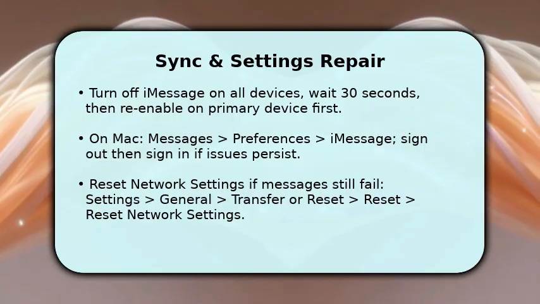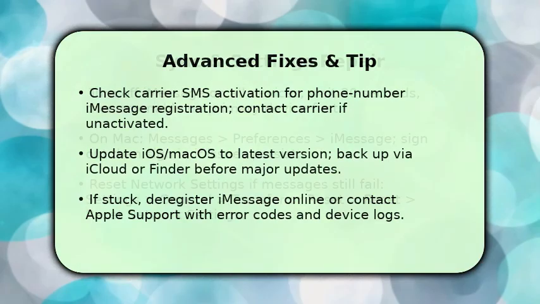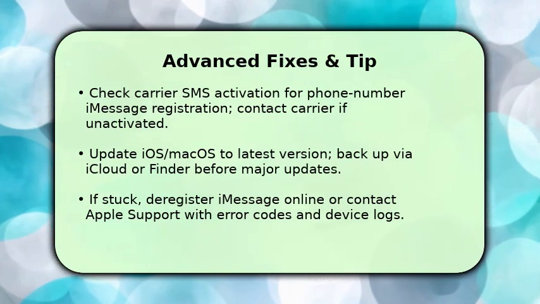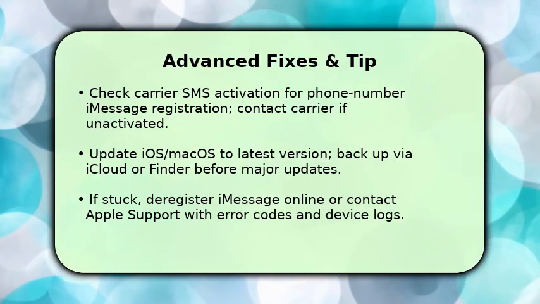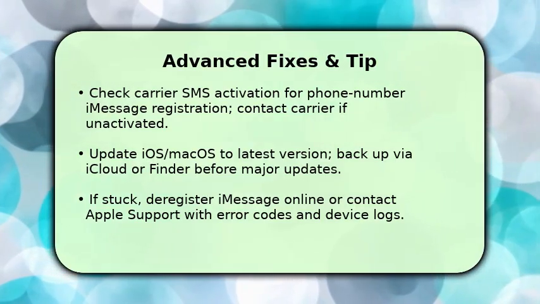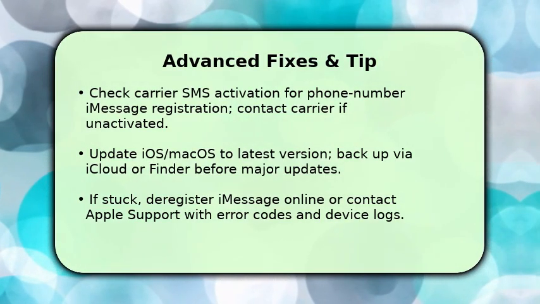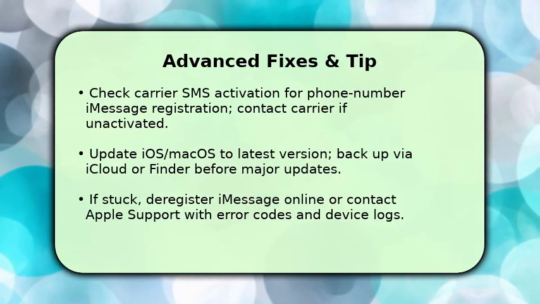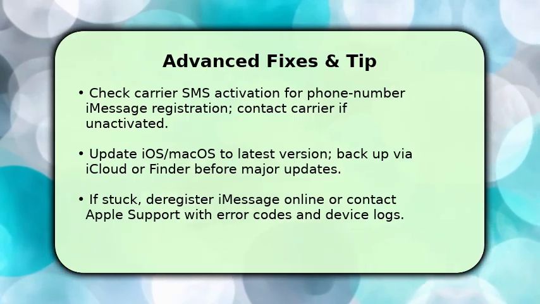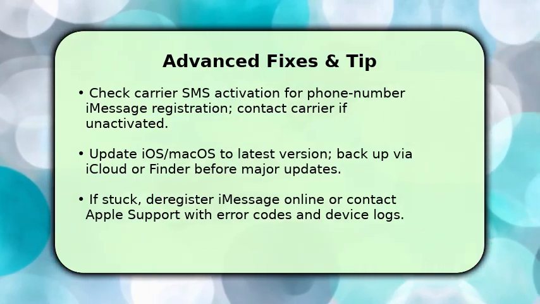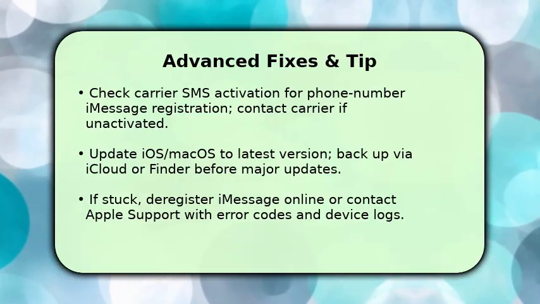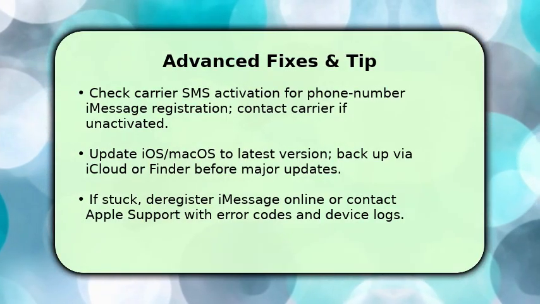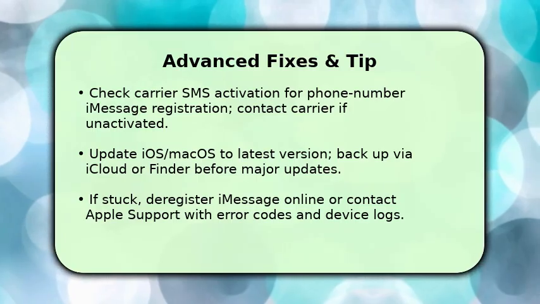You finish by handling the tougher causes and preparing for recourse. Confirm your phone number is activated for carrier SMS because iMessage uses an SMS verification step. Carriers sometimes block that. Make sure devices run the latest iOS or macOS and back up before any major update. If iMessage still fails to activate, deregister the number from iMessage, or gather error messages and device logs and